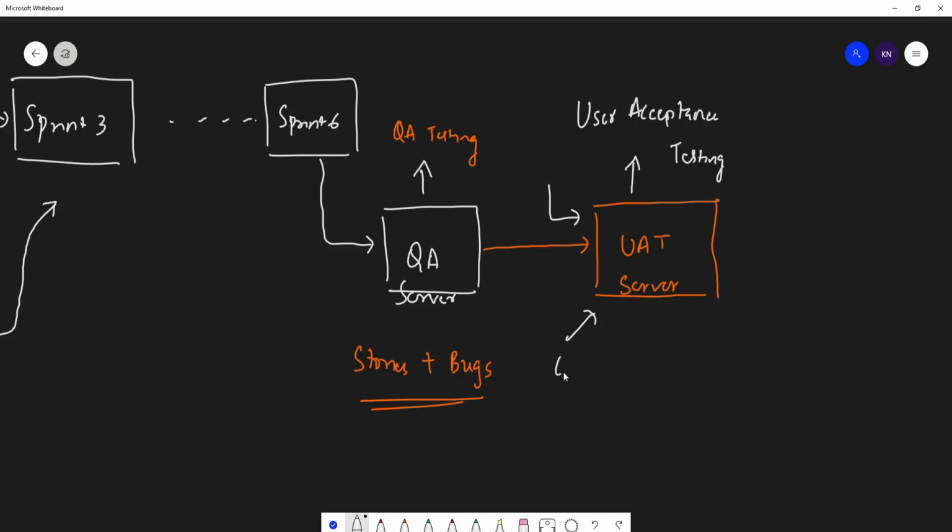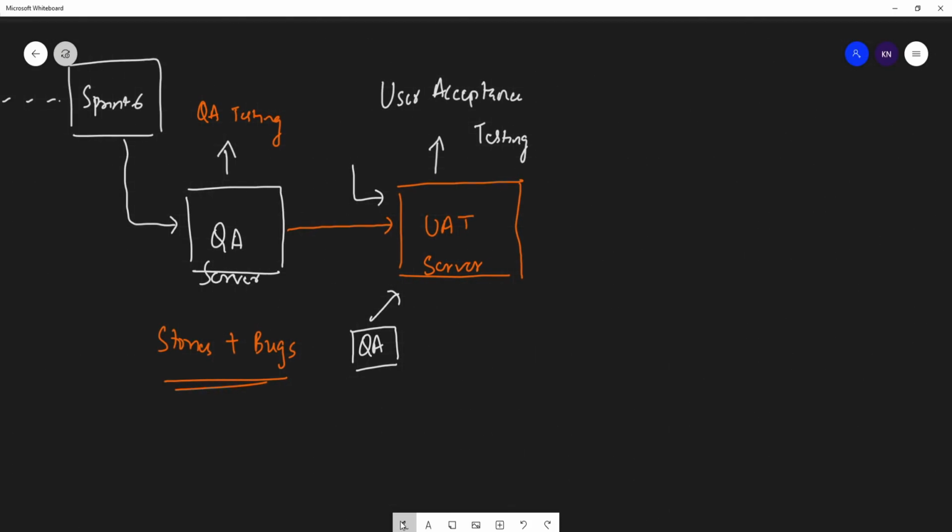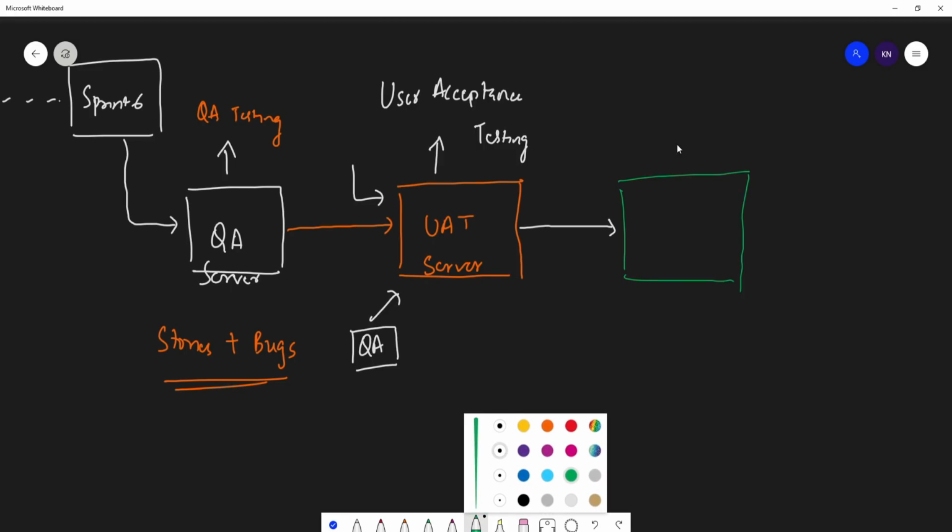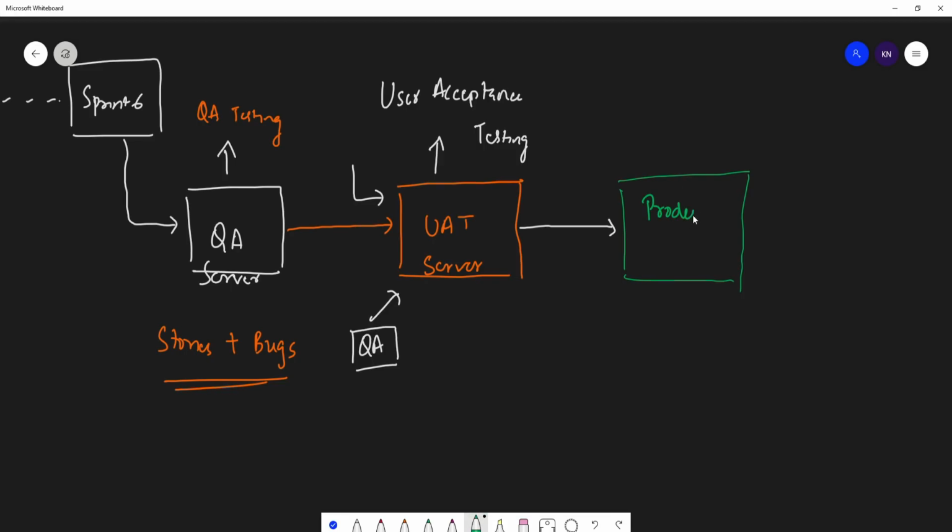Yes, our QA team will also get involved, but understand, this UAT server will be the exact replica of the production server, because if everything works fine over here, then we move to the next server, which is called the prod server, the production server.